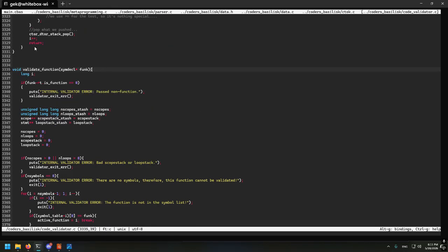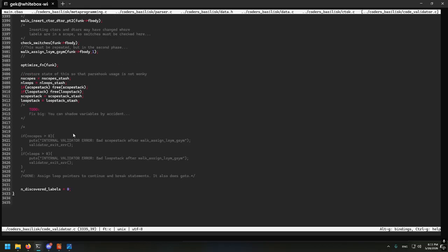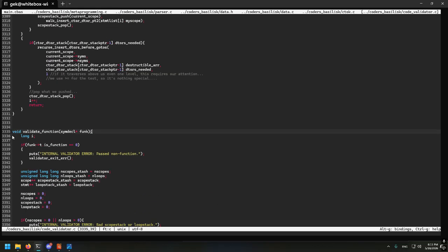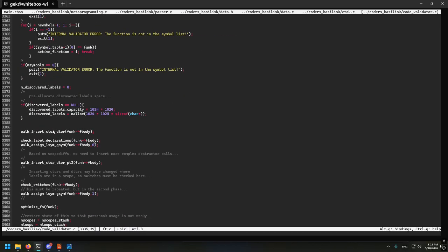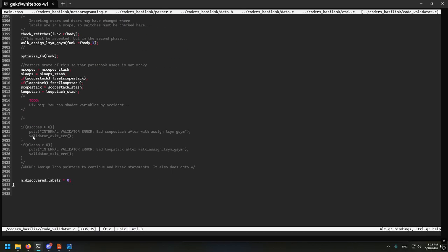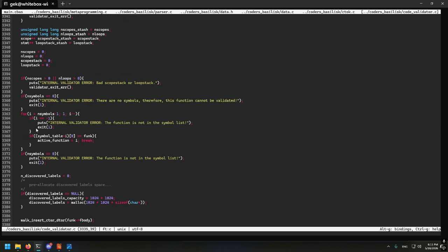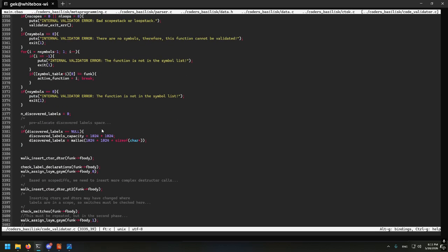Validate function here. What this does is it takes a freshly parsed function, a complete AST for an entire function, and then does all the stuff to it to first of all make sure that everything is valid, and second of all to insert constructor and destructor calls, and I believe it also does some type system shenanigans to insert some